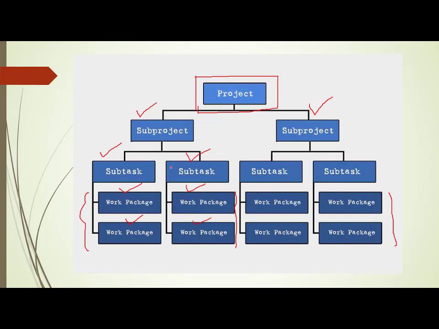I took the project, I decomposed it into two sub projects. The sub project itself is further decomposed, divided into subtasks, and each subtask I am further dividing into work packages. Now, the question is how long you will divide, how far you keep on dividing. You keep on dividing till you find that there is no further option for dividing. That should be the last criterion for dividing. So, once you have arrived at a work package, if you find that further dividing may not add sense, till there you have to divide.